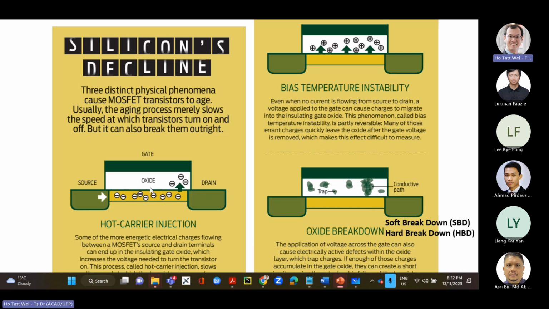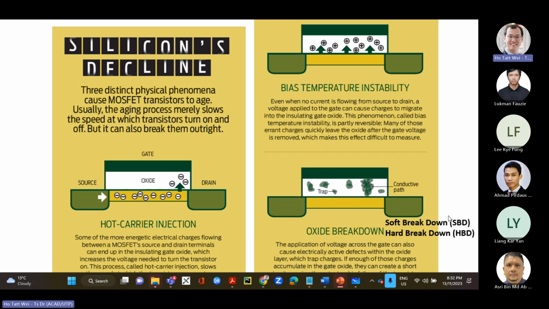This one is more of the fact that there's an electric field that is actually moving the charges, and as part of that movement, it slams the charges into the oxide. This one also has a very strong electric field that moves the charges, and then it slams the charges inside. This one is more the effect of having an electric field here that causes the material to break down.